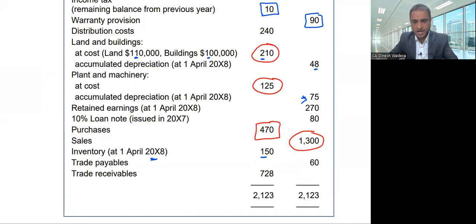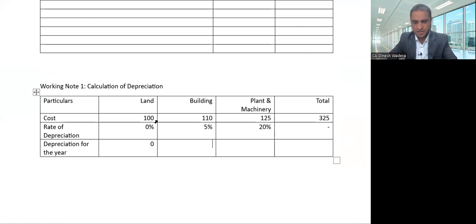Land 110, building 100. Okay, my bad. So you have to be very, very careful while reading the figures. So depreciation will be 5% of 100, and 20% of 125 comes to 25. So total depreciation is 30, and we will have